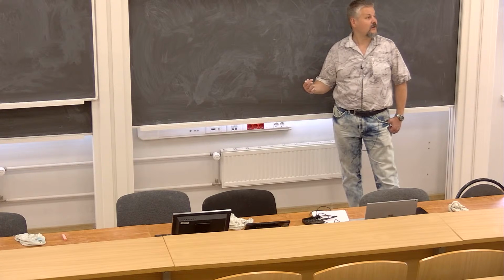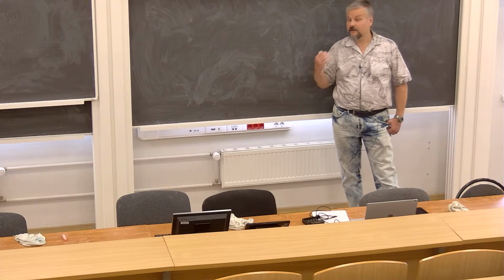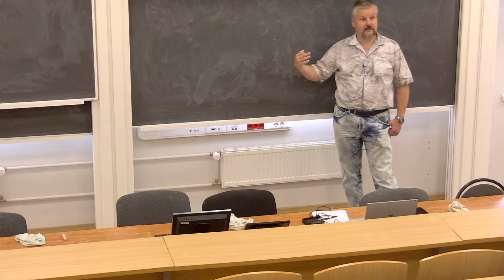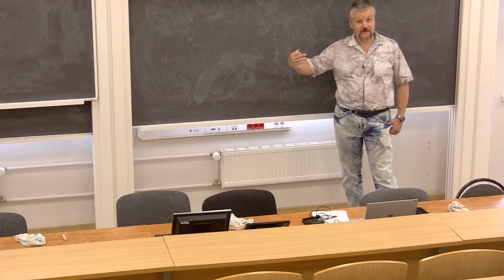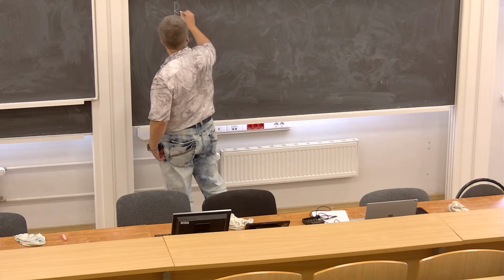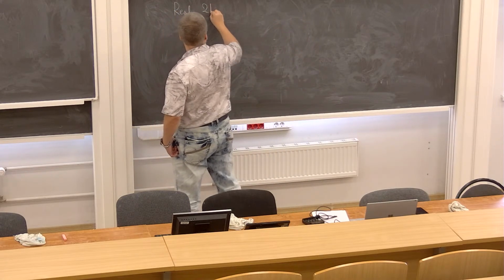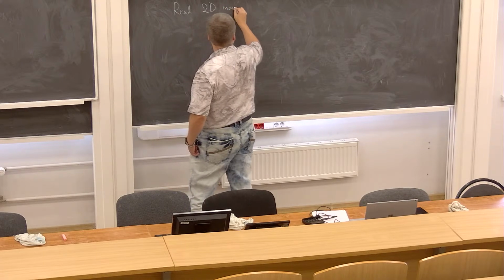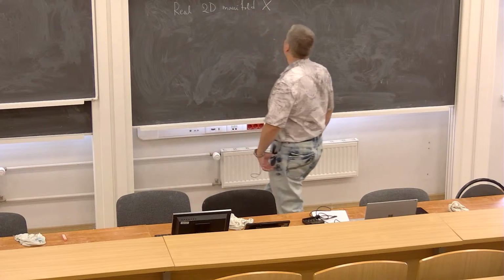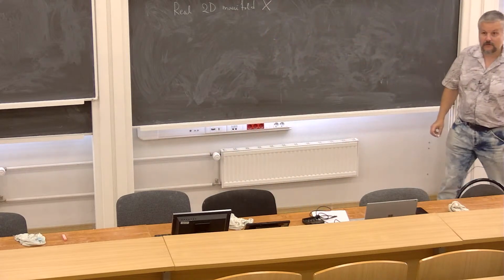And this structure is, firstly, the structure of complex numbers on the plane where the coordinate charts live. So we have a real 2D manifold X with coordinate charts,